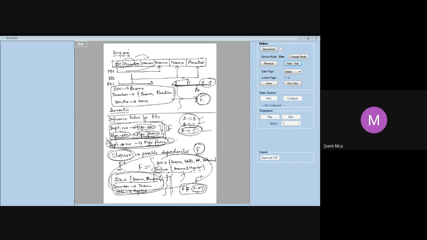So there should be some systematic way to infer the dependencies. Everybody cannot go on inferring whichever way you like. Is it not? There should be some rules that you follow. For example, here we have followed transitivity. It is nothing but A implies B, B implies C means A implies C. That is transitivity. We have followed something in order to infer that, right? So there should be a systematic way to infer the dependencies. That is why we go in for what are called inference rules. So what are the different inference rules? Let us see that.